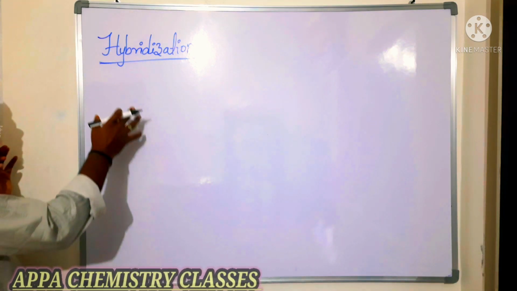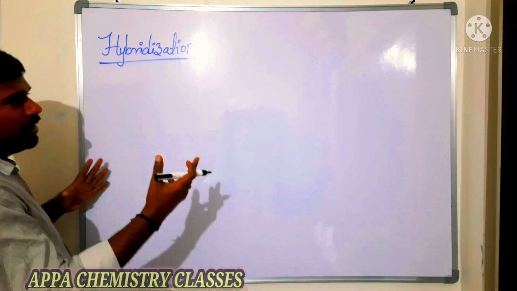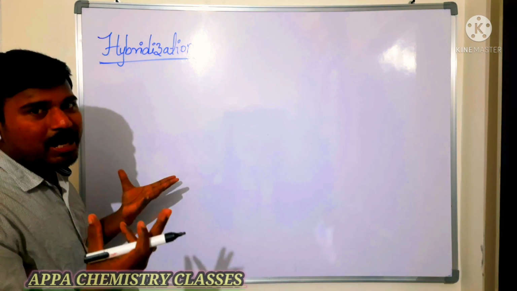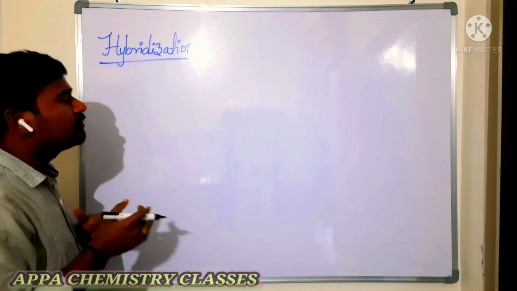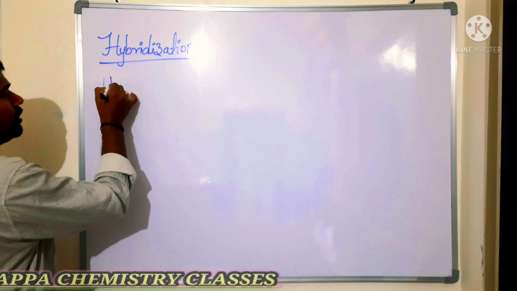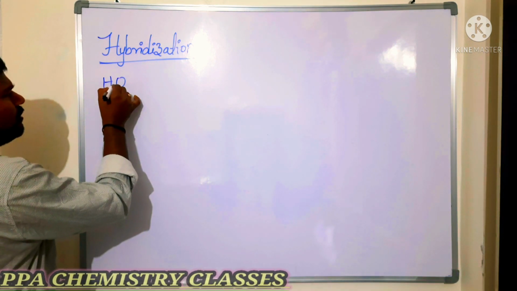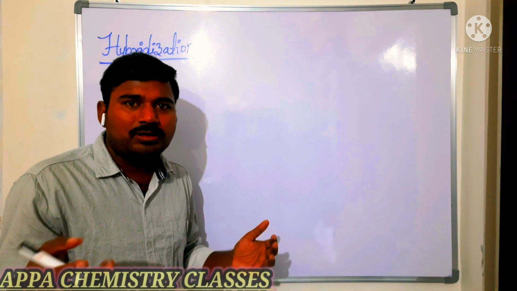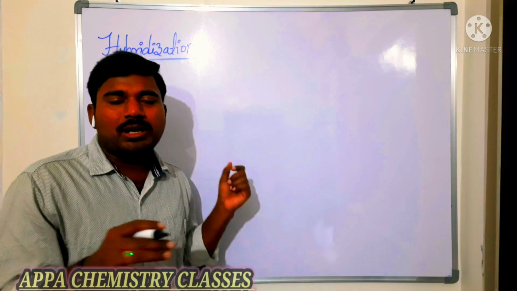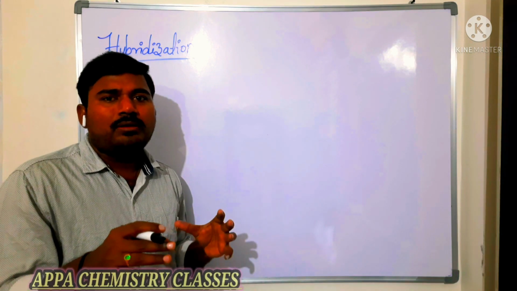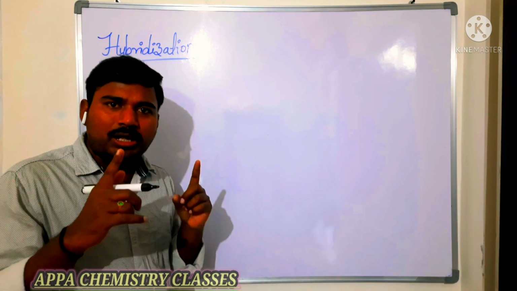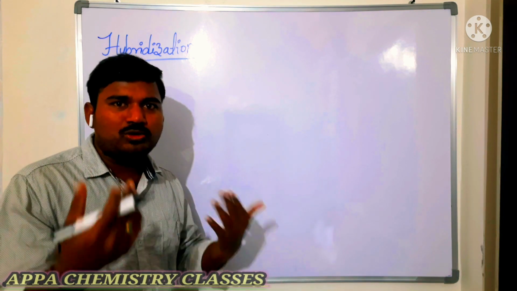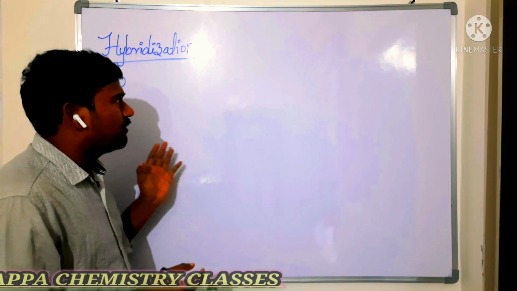Okay? Now we are going to see how to calculate the hybrid orbitals. If you know the hybrid orbitals, then you can decide which hybridization it is. Is that clear? There are different methods, shortcuts and tricks, which you can see online. But I will tell you only one simple method, so that I don't confuse you with more than one.